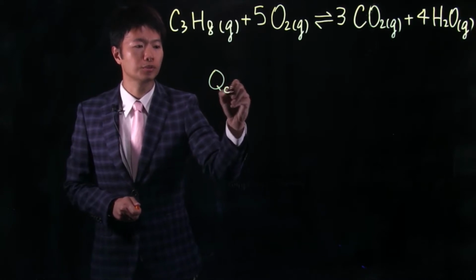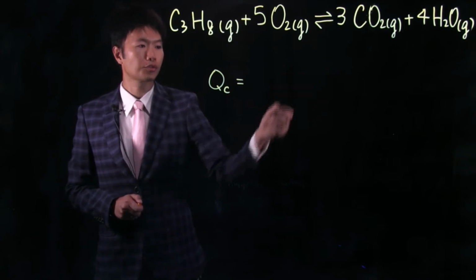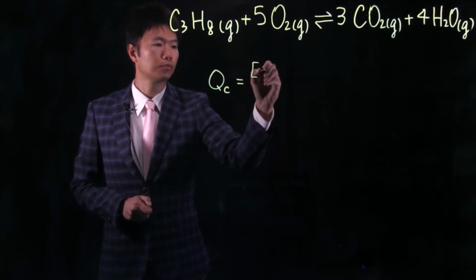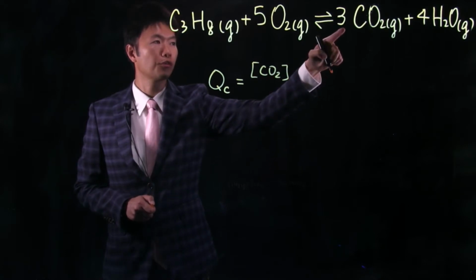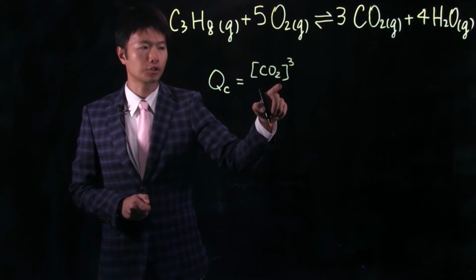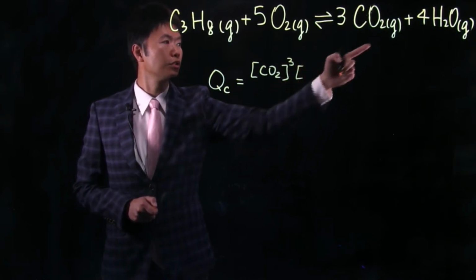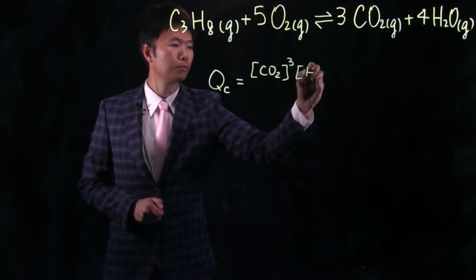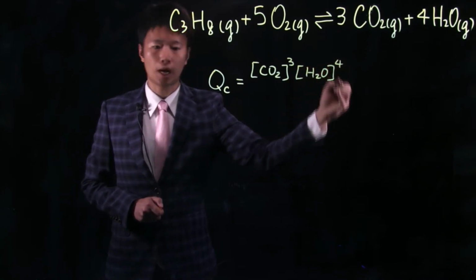The reaction quotient, the symbol is Qc, equals the concentration of the product CO2, with the stoichiometric coefficient 3, which will go to the power of 3, the molar concentration of CO2, times the concentration of H2O raised to the 4th power,